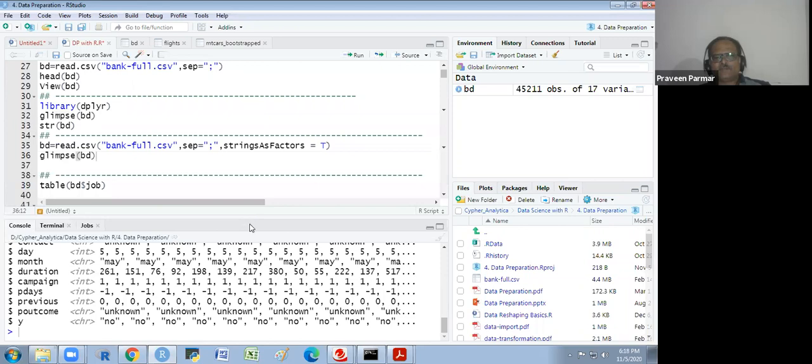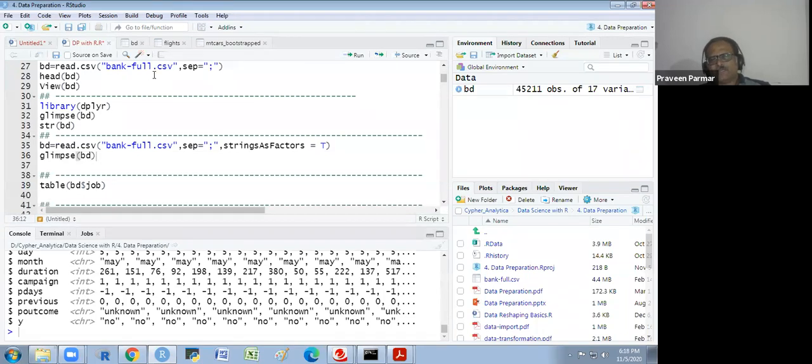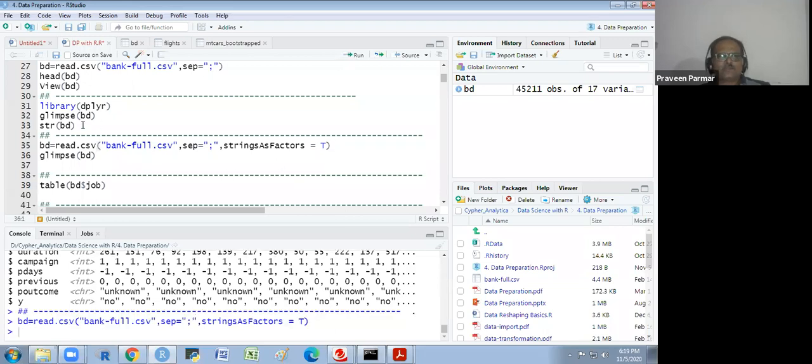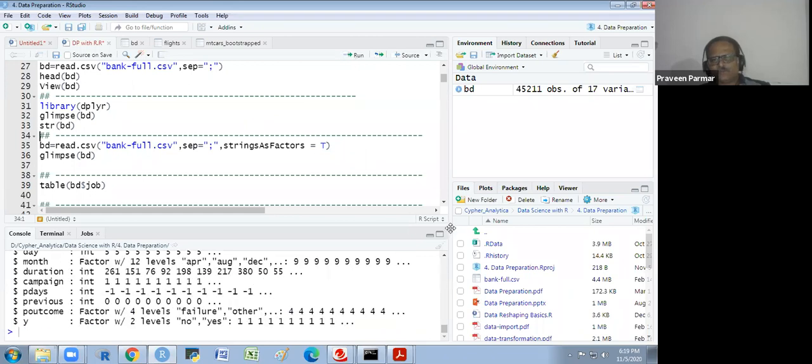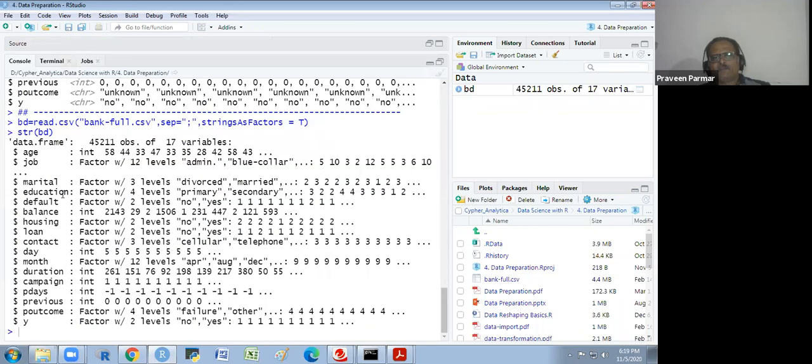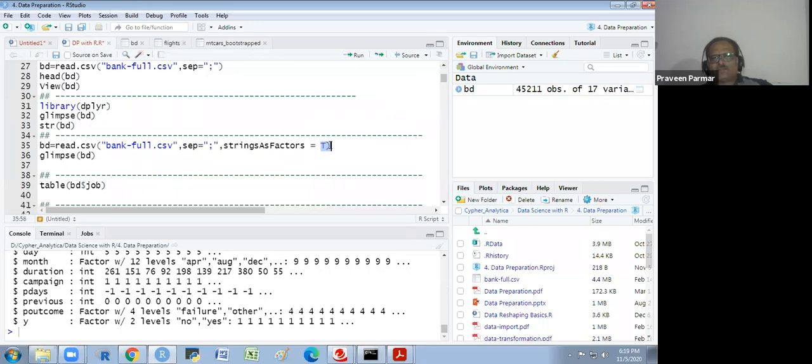Previously, before this version of R, when we read the file, we got the structure in this way. Before this version, we got factor instead of character. Now in this version, they have changed that algorithm, that default parameter. So whenever we have to read the file, at that moment we had to mention here stringsAsFactors false.